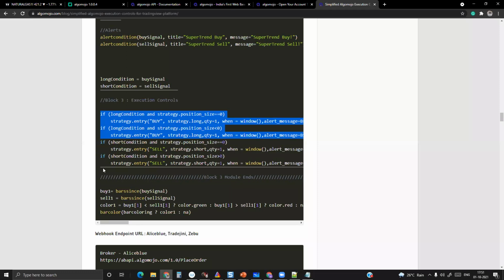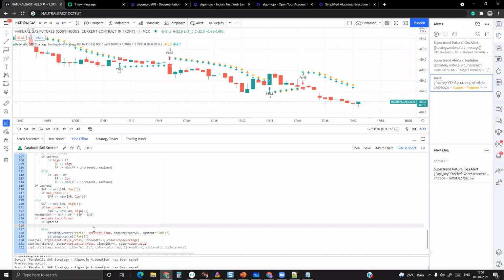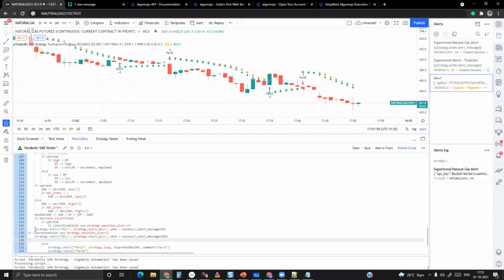So I'm just going to copy this short signal module and keep it inside the logic over here. Short stop. So I'm going to short the strategy.